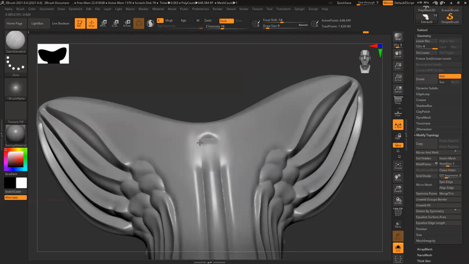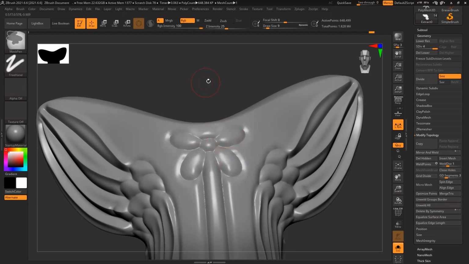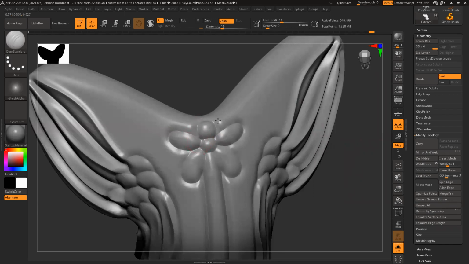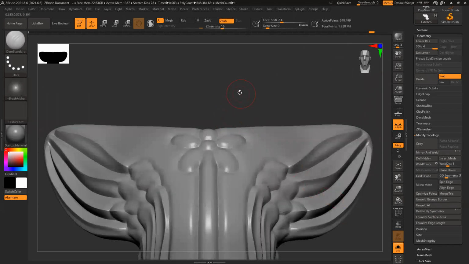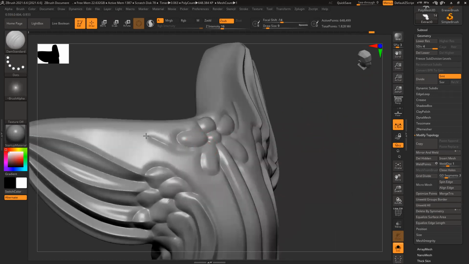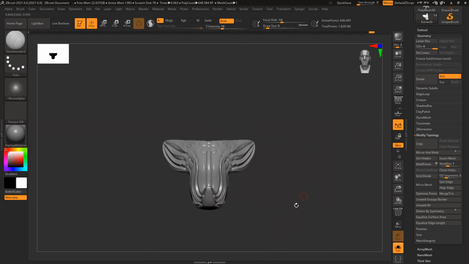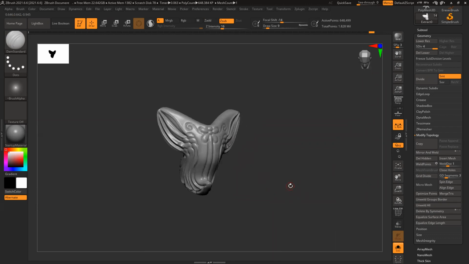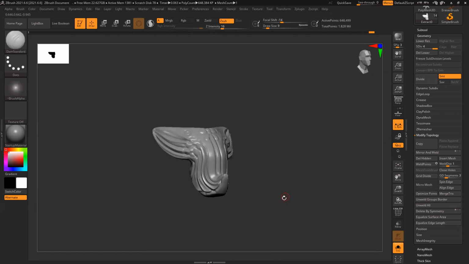This part has a design, a floral design basically. So I do all these things, basic shapes and all.